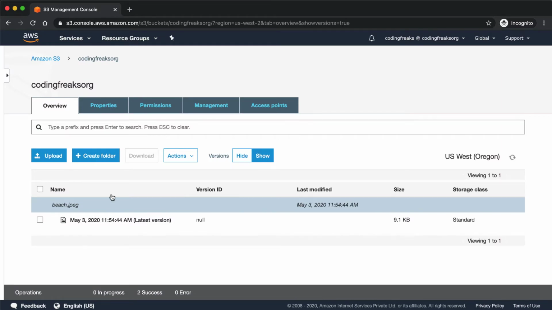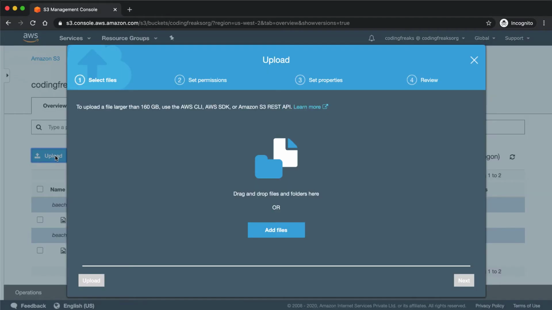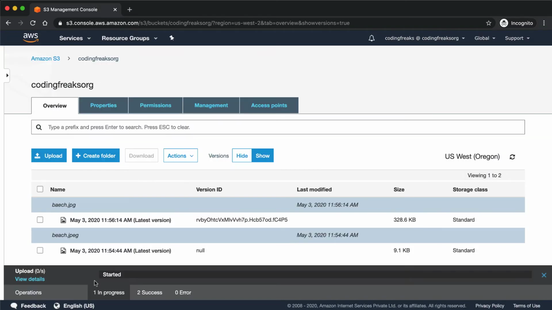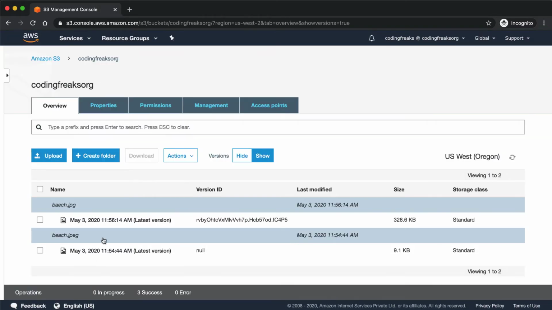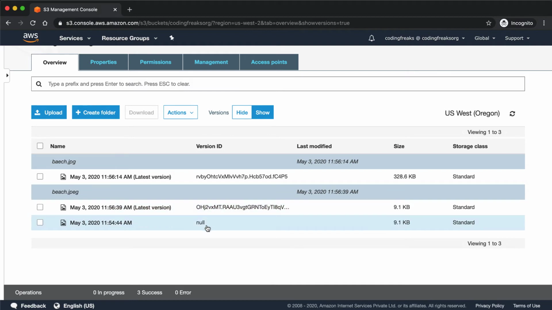If you see over here, now it is showing one version of this file. Let's upload the previously uploaded file once again, just to see what version we are going to get for that file. I'm uploading that file. Yeah, if you see over here, beach.jpg has one copy without version and one copy with version.